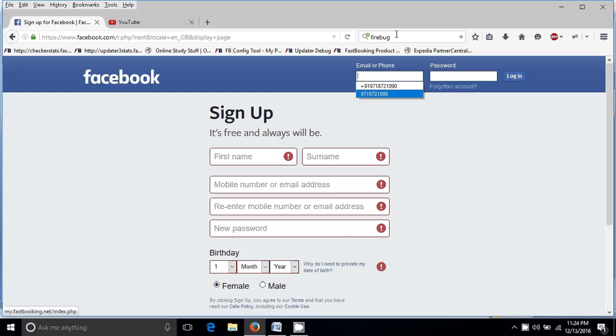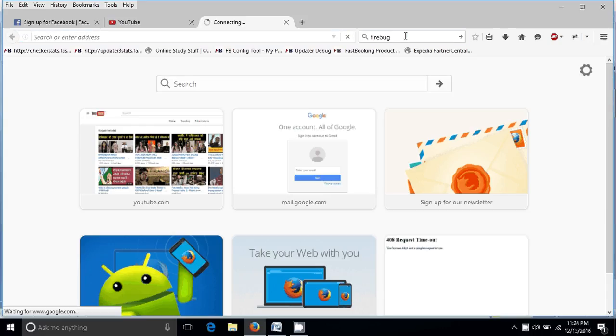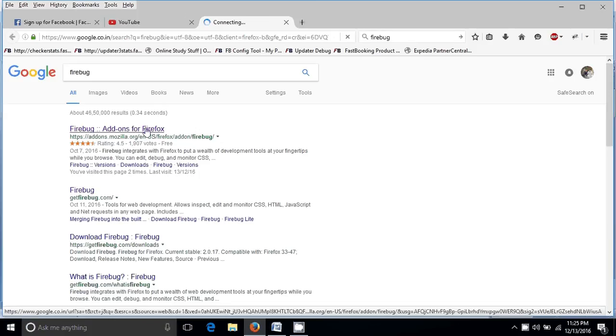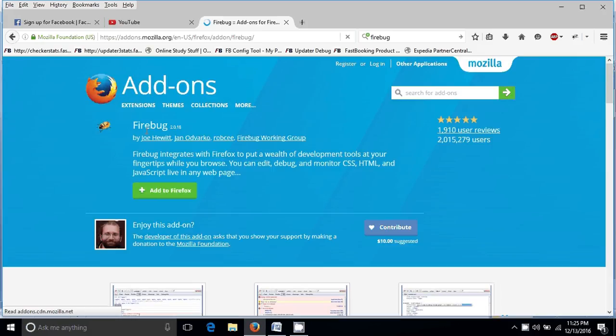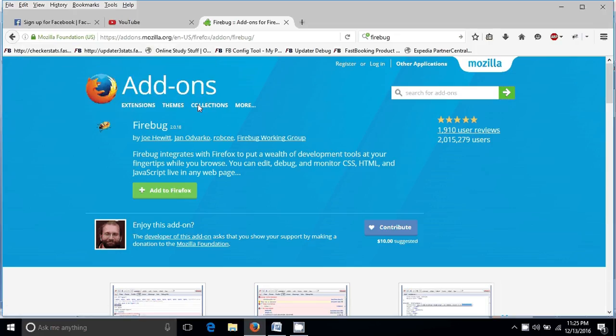So firstly, download Firebug, click over here, and I have already installed it, that's why it's showing add to Firefox. I click over there, then install it.